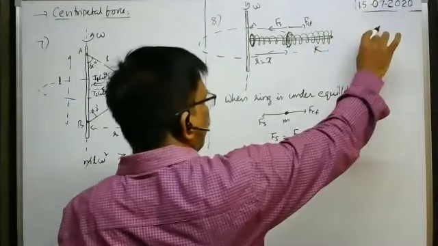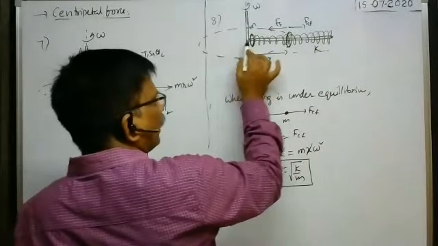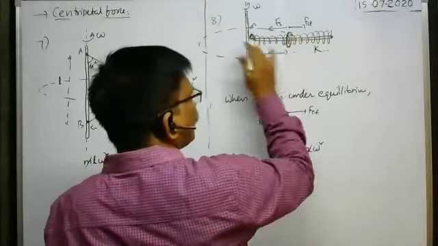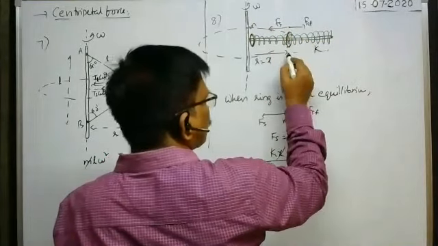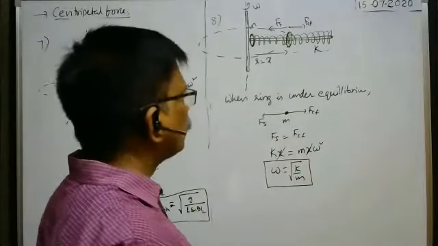direction, centrifugal force acts in this direction. One end of the spring is fixed to the axis of rotation, and at the other end the ring is attached, and it is made to rotate like this. Then the spring is moving away. Of course, one problem is there, we'll do.